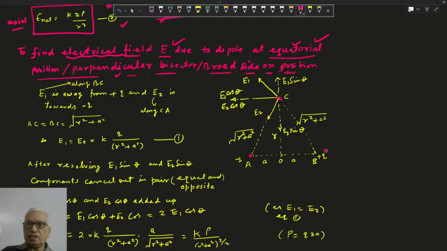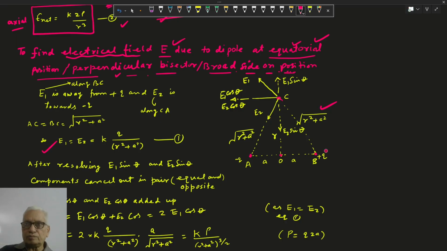इससे AB, माइनस Q प्लस Q एट ए सेपरेशन डिस्टेंस 2a, सेंटर से OC की डिस्टेंस R है. तो BC एंड AC, पाइथागोरस थ्योरम यूज करके ये डिस्टेंस रूट R स्क्वायर प्लस a स्क्वायर होगी। पॉजिटिव से अवे हो गई इलेक्ट्रिकल फील्ड, सो E1 इज द इलेक्ट्रिकल फील्ड ड्यू टू पॉजिटिव चार्ज अवे फ्रॉम, द डायरेक्शन ऑफ BC एंड टुवर्ड्स नेगेटिव चार्ज। सो दिस डिस्टेंस सेम, चार्ज सेम, तो इलेक्ट्रिकल फील्ड E1, E2 की न्यूमेरिकल वैल्यू BC